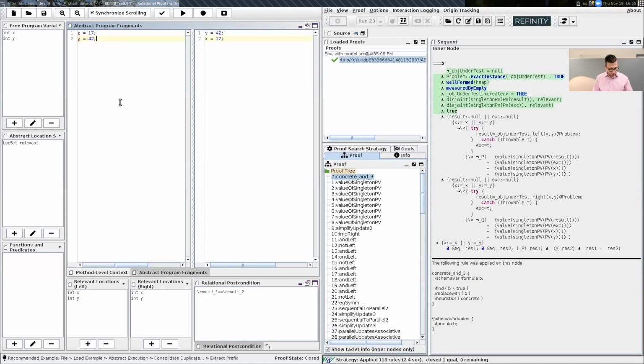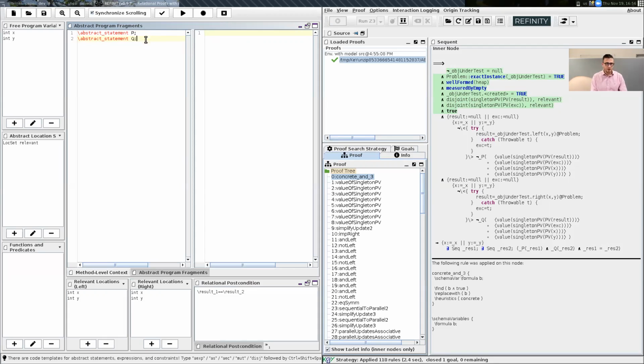So what we want to do here is we want to use abstract execution to prove something more general. Abstract execution is a framework for reasoning about abstract programs, and this means that you can have statements and expressions representing basically an infinite number of concrete statements and expressions. What you do is you type abstract underscore statement and you give the thing a name, for instance, P, and you can do the same thing for another statement that you call Q, and then you swap these on the right-hand side and try to prove